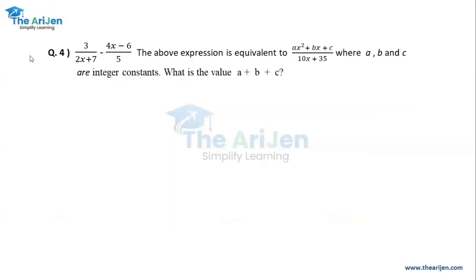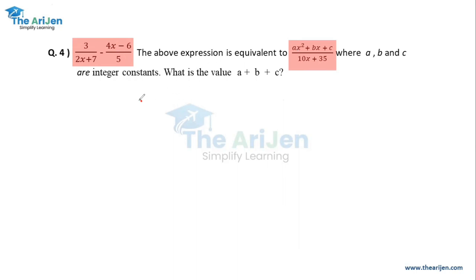It says that 3 by 2x plus 7 minus 4x minus 6 by 5. The above expression is equivalent to this, where A, B, and C are integers, and you have to find the value of A, B, and C. So if I am going to take the denominator at the same level, I have to do the multiplication of that and convert it so that we can keep both the expressions given in